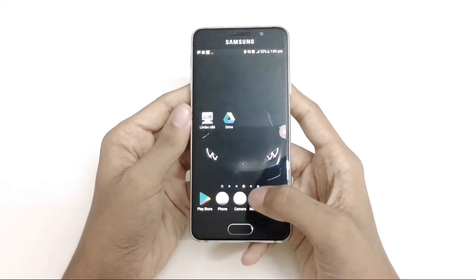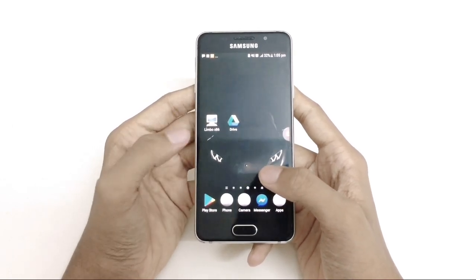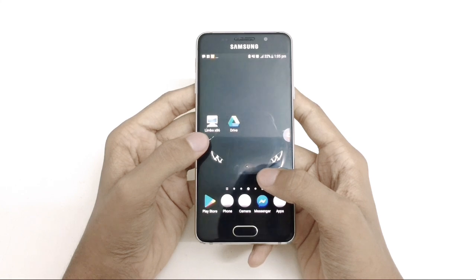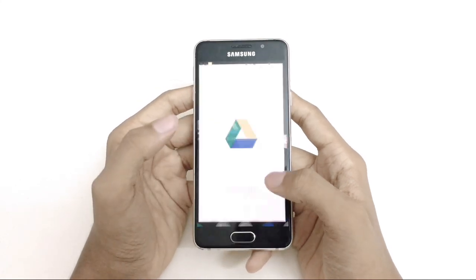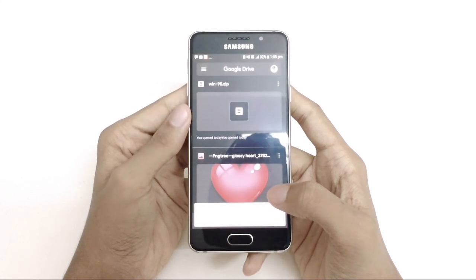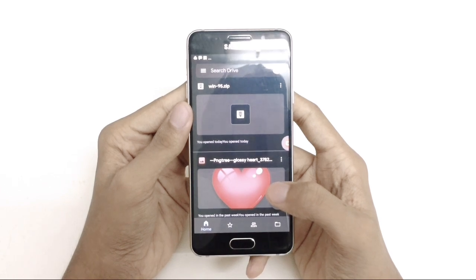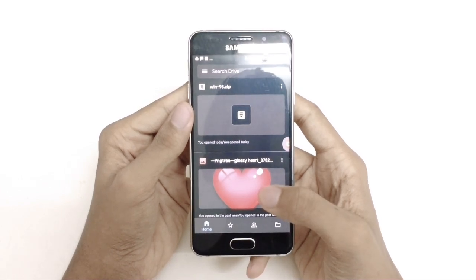It is an interesting video, and those who are interested, watch the video fully and carefully and run the program without mistakes. Before getting late, let's start the video. Before getting to the actual process, you have to download two files. One is Limbo x86 and the next one is win95.zip. Both the files are in the description and you can download them anytime you want.